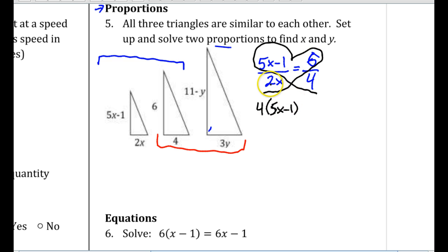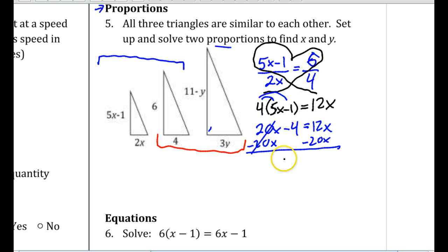And 6 times 2x. There we go. Okay, and we can solve that. 20x minus 4 equals 12x. And I can subtract 20x on both sides. So negative 4 equals negative